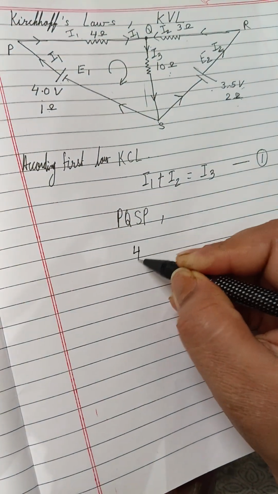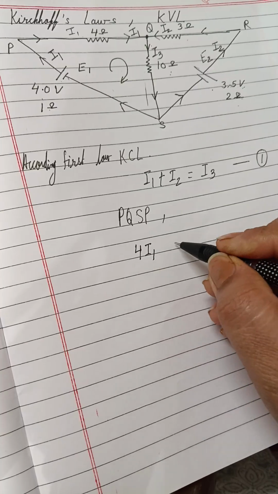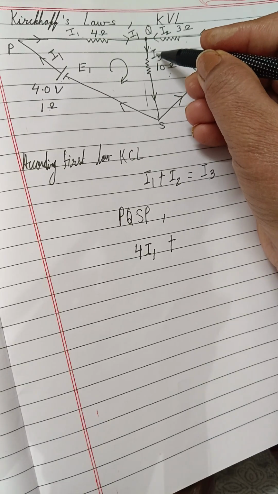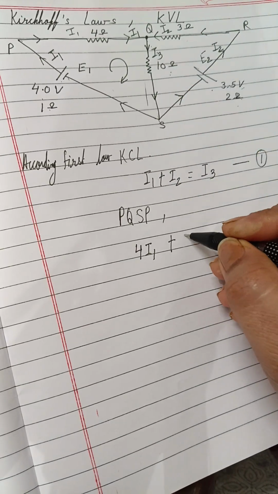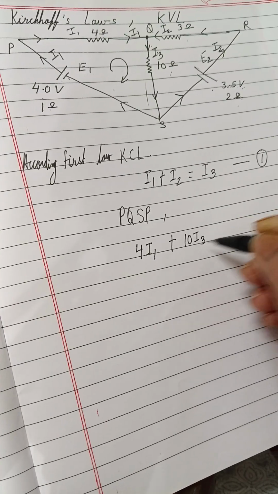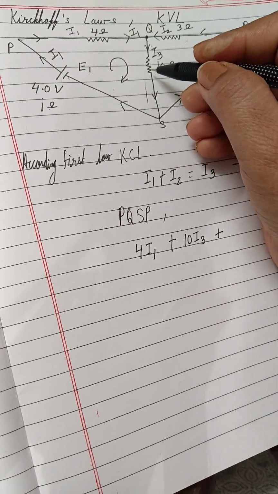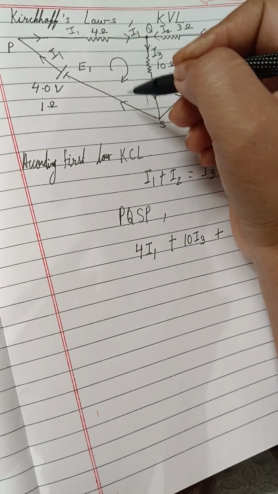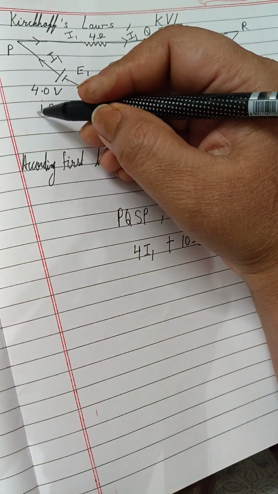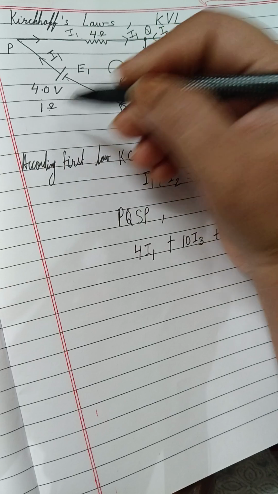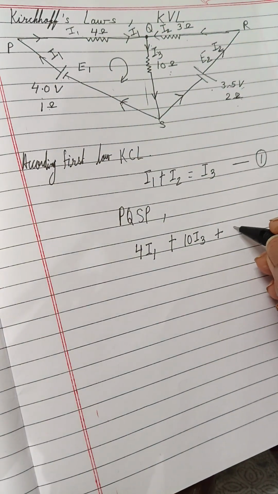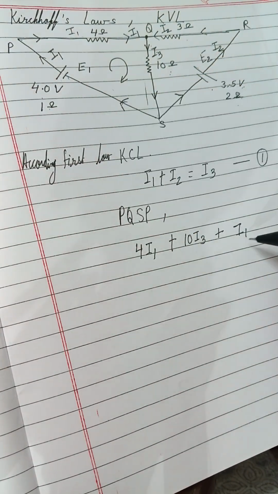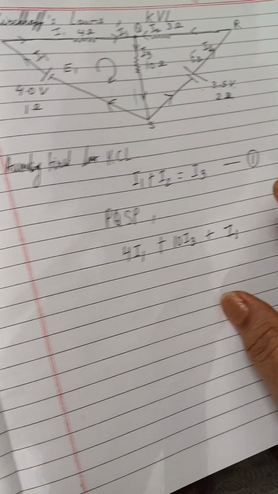So we can write 4I1 plus, now it is moving over here, I3, and it is in the same direction, so we can write 10I3 plus, again you can see that after this it will move over here, then it will move up, and again it is in the same direction, but here we have another resistance, so I can write that resistance also. So that is going to be the same I1, because 1 into I1 we get 1 on I1 only,